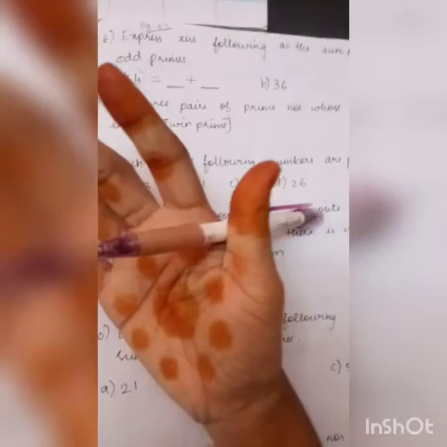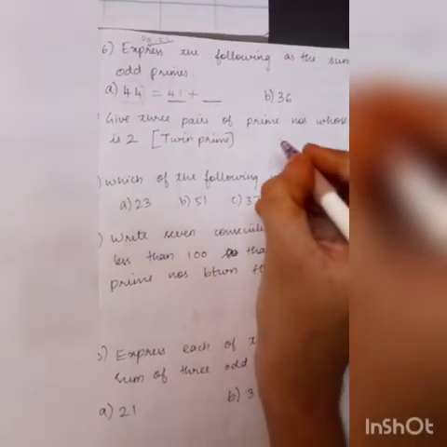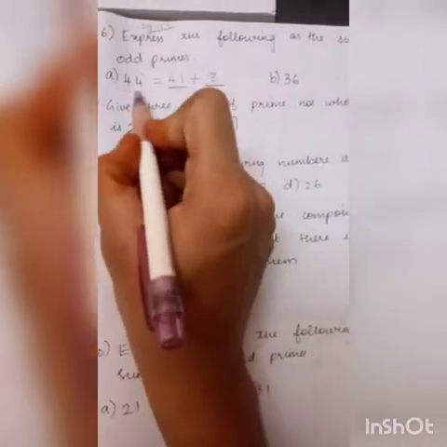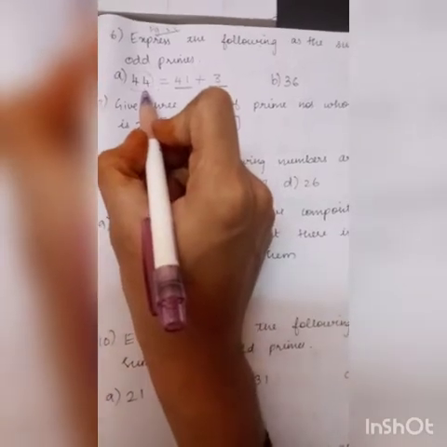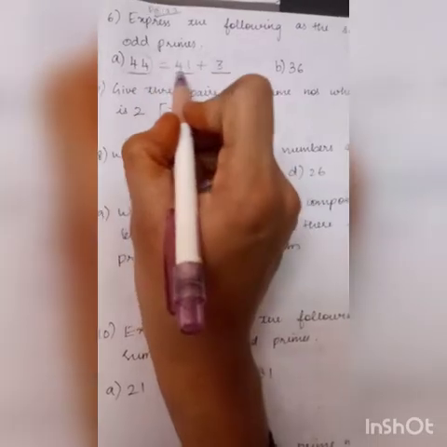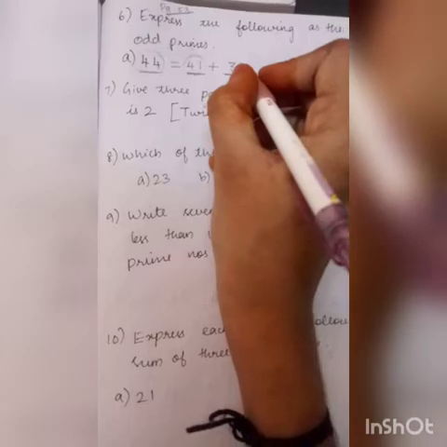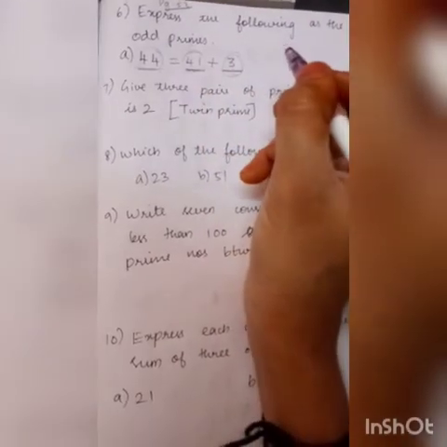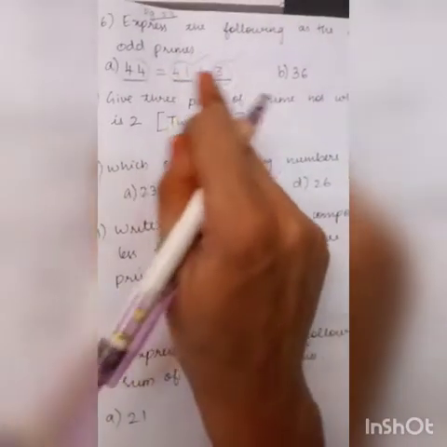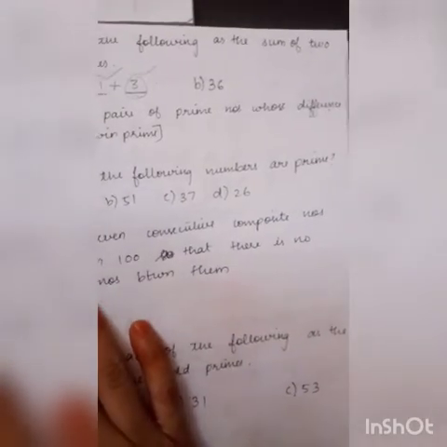One of my findings is that 41 is an odd prime, 3 is an odd prime, right? So 41 plus 3 is 44. Like this you can also form some other values. So how will you write 44? 41 plus 3. What are the two odd primes which we are adding? 41 and 3. So 41 is one odd prime, 3 is one odd prime. I have just added these two to get 44. Next, the B question.